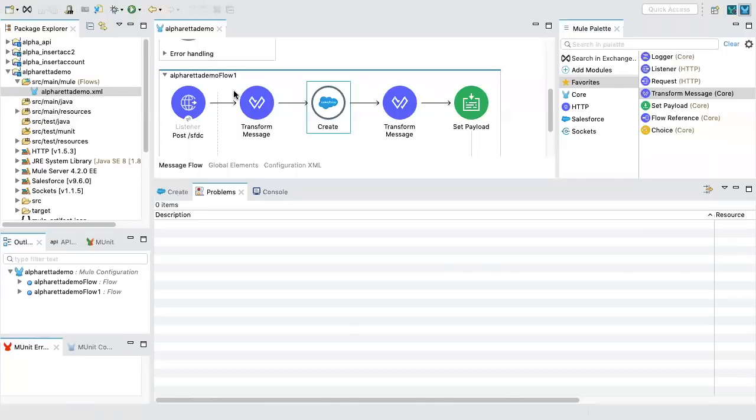Now this is pretty small, so I did it in one project. But in a large enterprise, we don't want monolithic, which is exactly what I did, only for demo purposes. If it's a big project, never have one Mule application, have 3 Mule applications that can talk to each other. So your third project, the create one, would also include the transform message and the set payload.